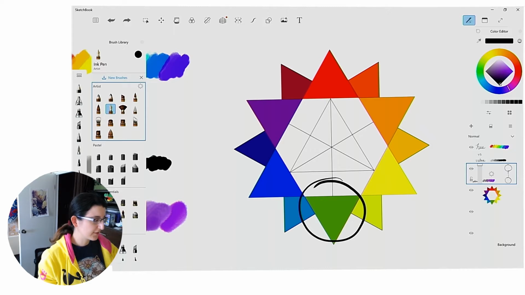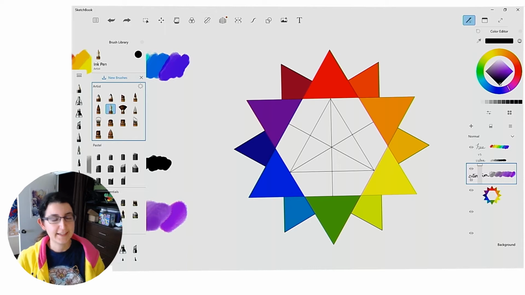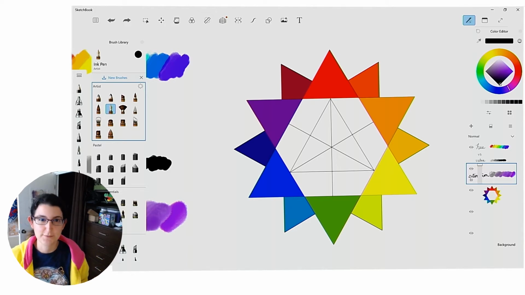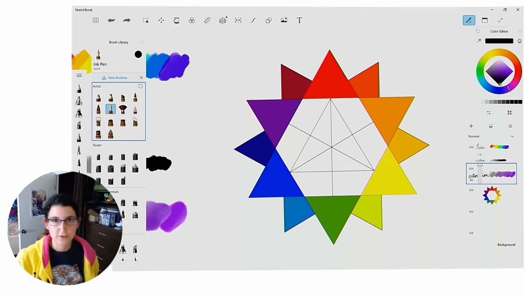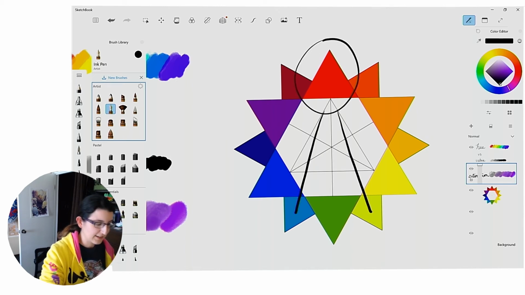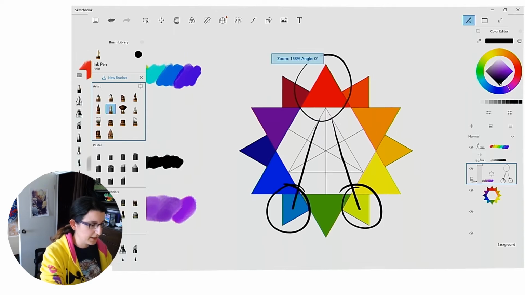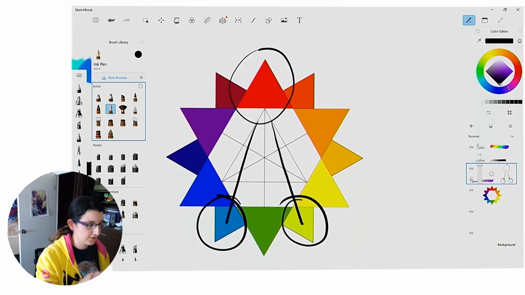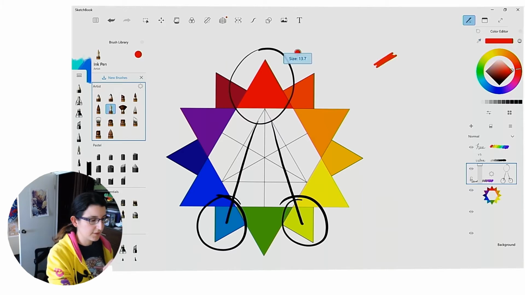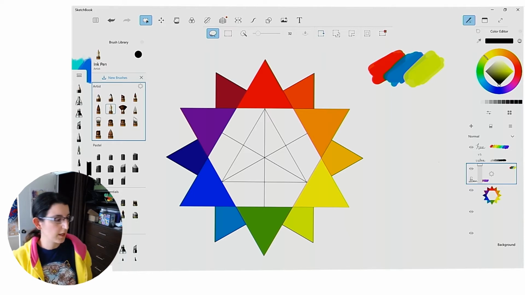All right, so another type of complementary color palette you can use is the split complement. And this is very similar to analogous in some ways. So analogous is 3 to 5 colors that are close to each other on that color wheel. With a split complement, you pick a color and then use the analogous colors next to that opposing color. So it would be these 3 colors. Let's actually put them in some swatches so that we can see what these colors look like together. Sometimes it helps to see them next to one another. It's a very pleasing color palette. So that's one example of a split complement.